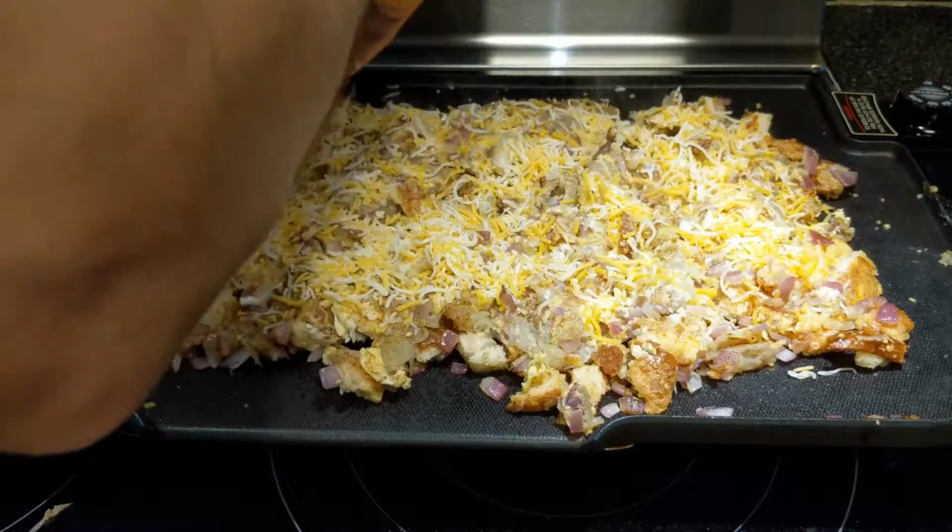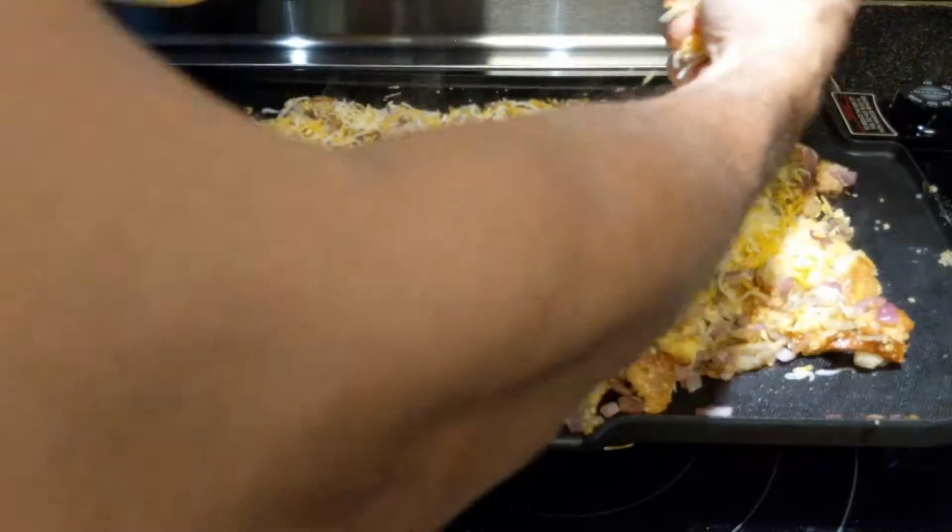Not a peanut butter jelly sandwich. Oh, well, maybe not a peanut butter jelly sandwich, but